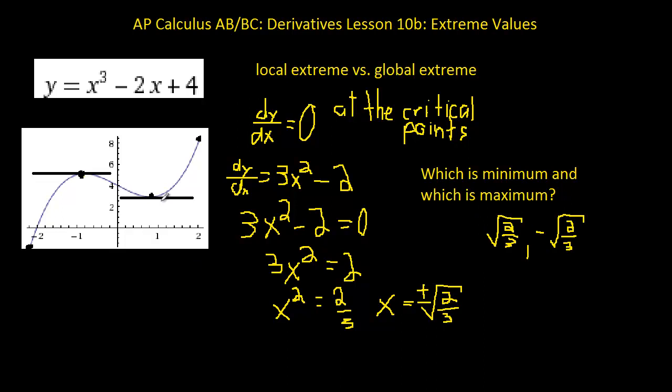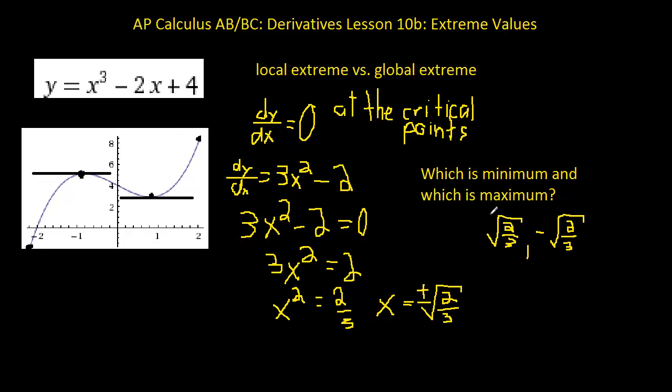We can look at the graph and say, oh, the positive radical 2/3 is obviously the minimum, the local minimum here. And the negative value is where it reaches that local maximum. But how do we use this information? How do we find this out without looking at the graph? And what if it's a really complex question and you're on a test and this is all you have right here? The way to do this is to